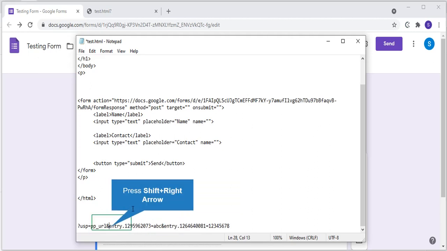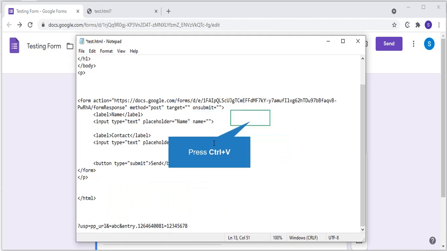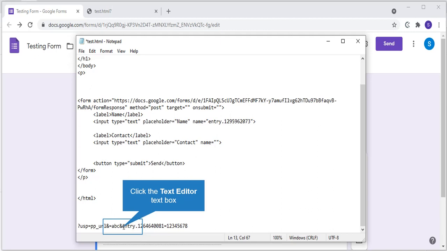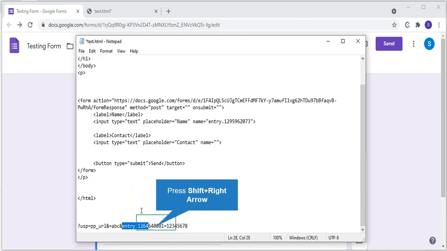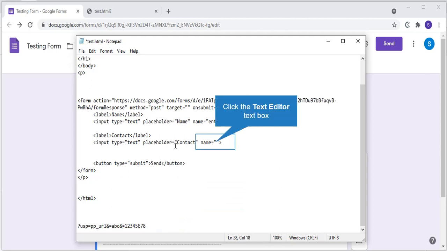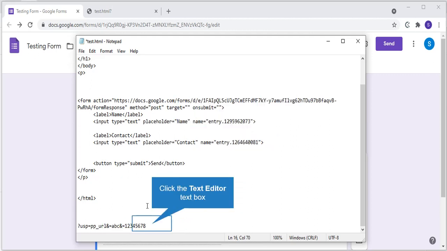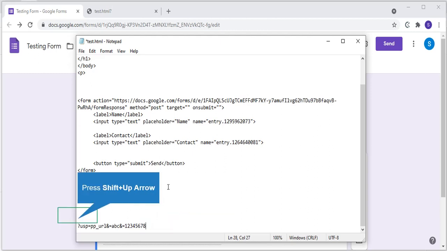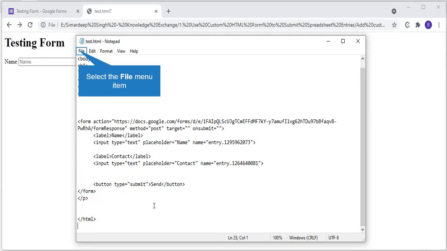So let's copy. This name is for the contact field. I have cut and pasted it. Now the rest of the part is not required, so I am deleting it. Let's save it and test the form.